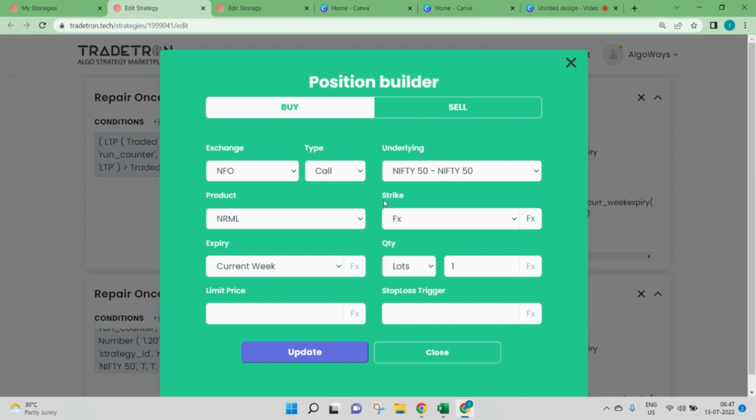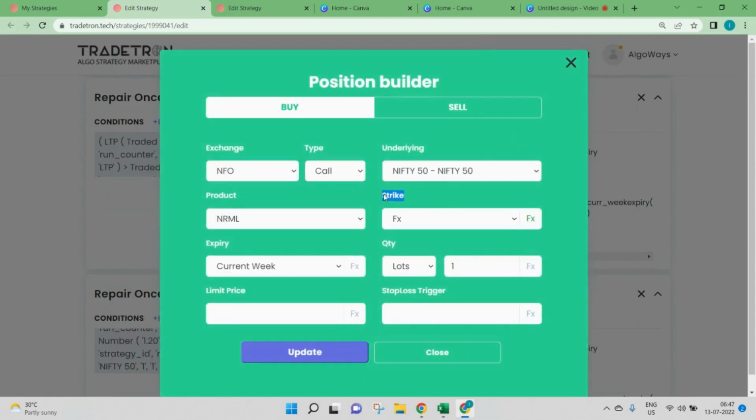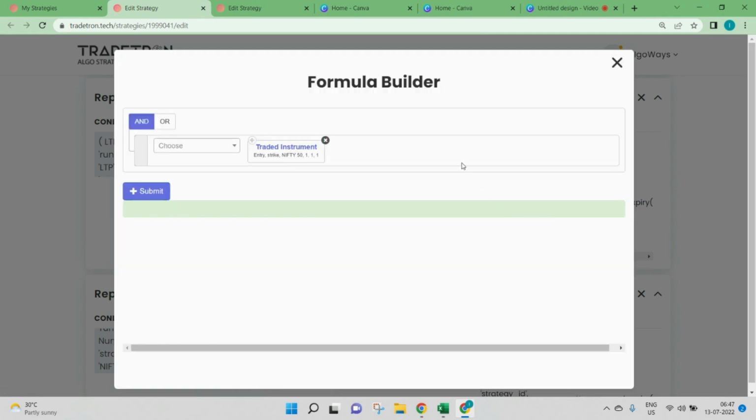So this is the condition builder, position builder. So we are exiting the call option Nifty and current week lots 1. This is important here and we should not make any mistake in this trade instrument. So what we are doing basically here is that we are fetching the strike. So which strike do we have to sell, buy? If we put simply ATM, it will buy the current ATM. So we should not do that because we have to exit the same instrument which was entered through the